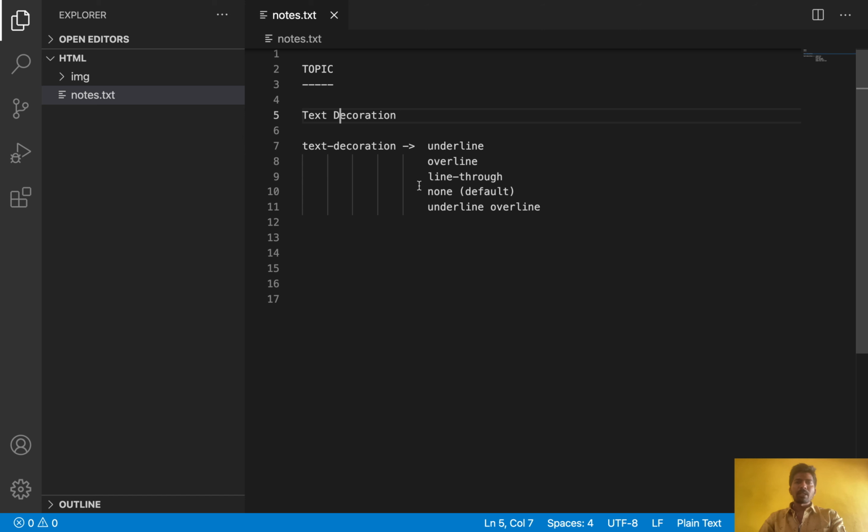Today I am going to explain about text decoration. What is the use of text decoration and how to use it? Text decoration has these properties: underline, overline, line through, none, and you can do a combination of the underline and overline. Let's say if you want to write some underline to some heading or some paragraph, you can use